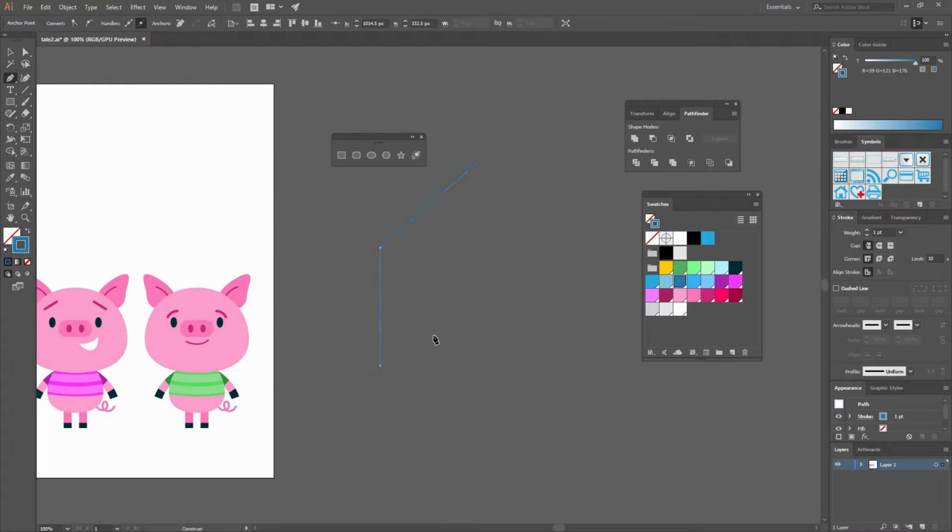And then we can go here to the bottom. And that's it. Remember, you can always use your direct selection tool to change the points until you find something that you like. Now that you have that, what you can do